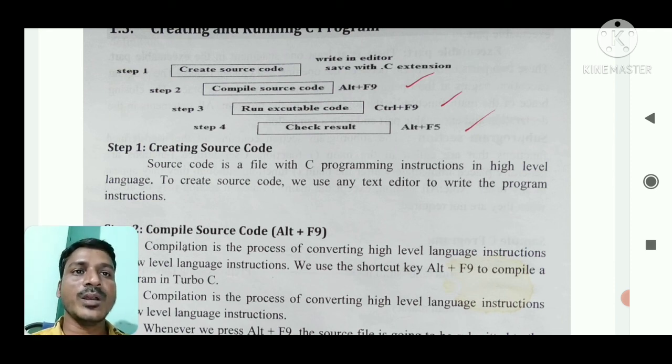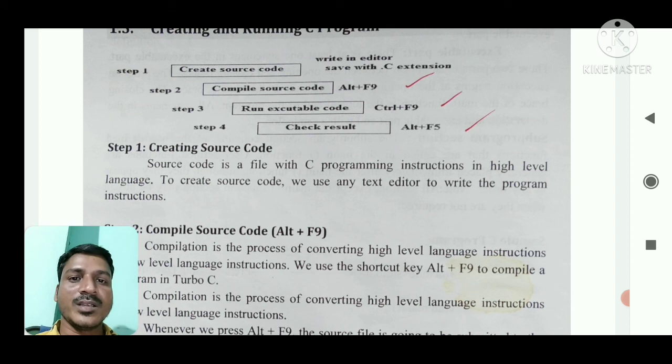For example, if our file name is sample, then we say that the file is sample.c. Or for example, if we want to create the source code for the addition of two numbers, the file name is add, then the file is saved as add.c.